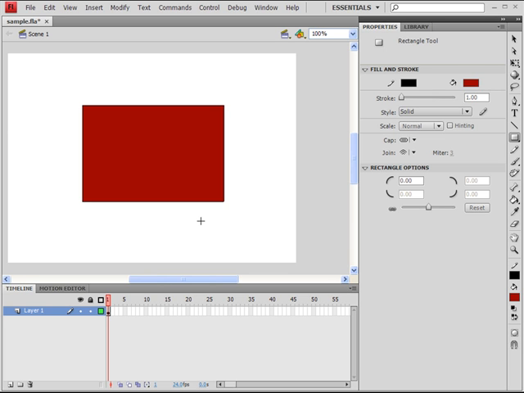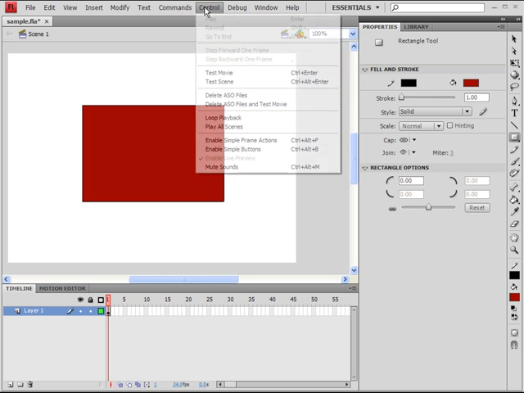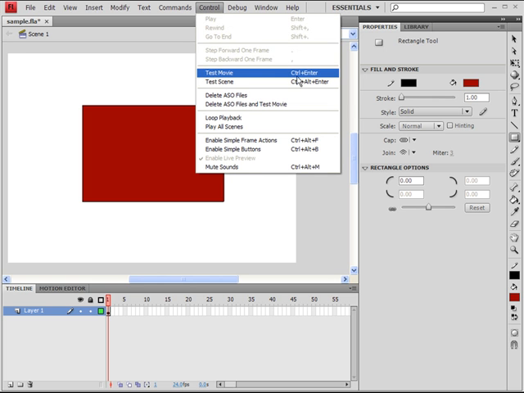Often when we're working on our Flash file throughout this video series, you'll hear me talking about testing the movie. We can test the movie by hitting Control-Enter on our keyboard, or Command-Return if you're using a Mac. Now that command is actually located under the Control menu, and you'll see we have this option for Test Movie, and there's the keyboard shortcut there, Control-Enter. Test Movie will basically open up